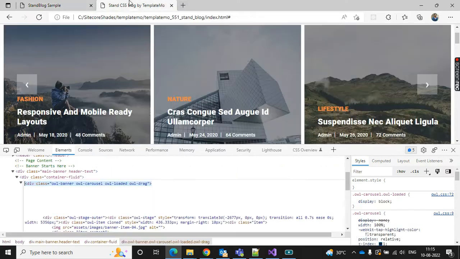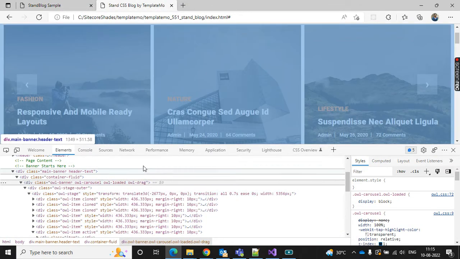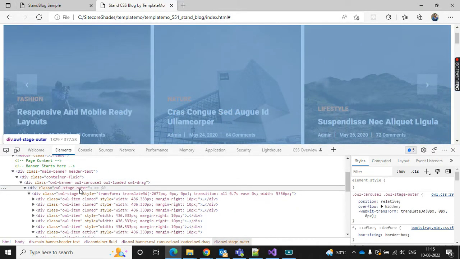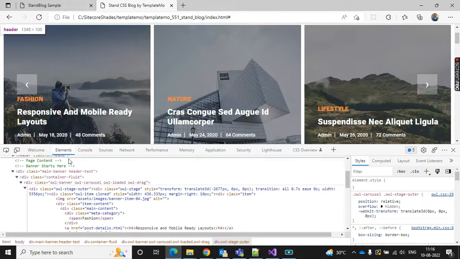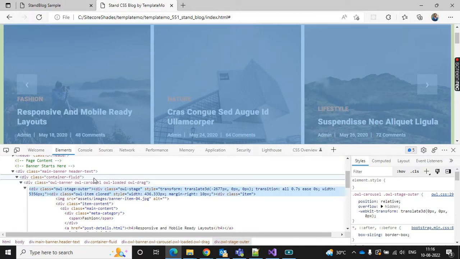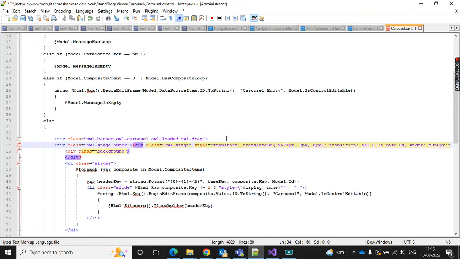Okay, and next line is another div plus another div and another div. So I have to add two divs. Okay, paste it here,